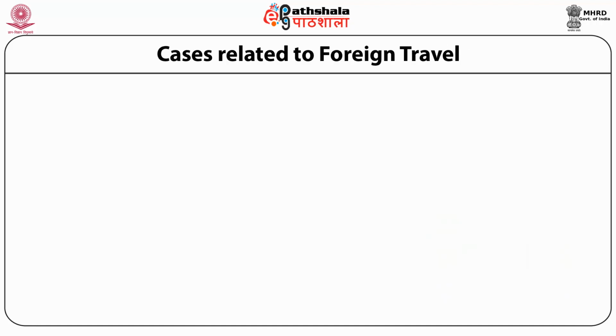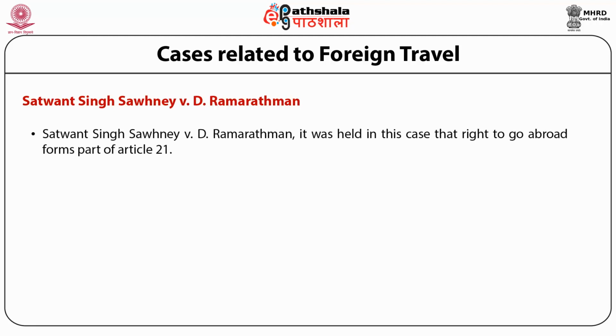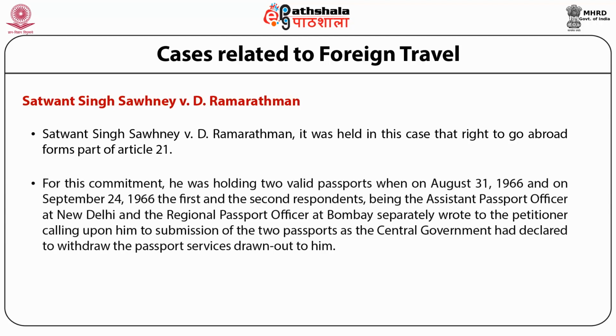Cases related to foreign travel. Satwant Singh Sawhney versus D. Ramarathnam. It was held in this case that the right to go abroad forms part of Article 21. The petitioner was engaged in the business of export, import, and manufacturing of automobile parts, and in connection with his business, it was necessary for him to travel abroad. For this purpose, he was holding two valid passports when, on August 31st, 1966 and on September 24,